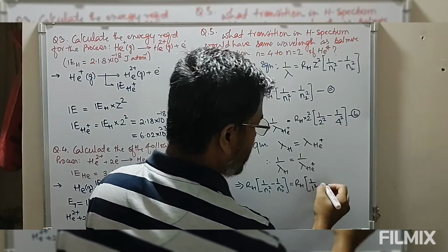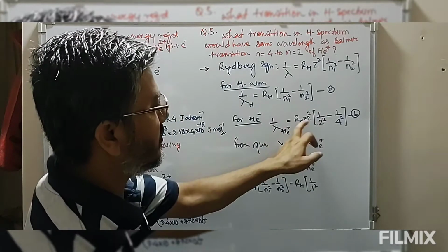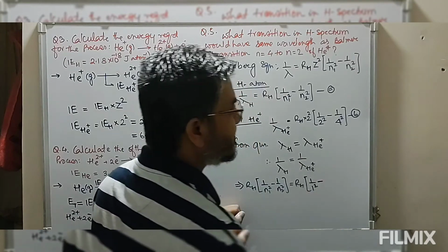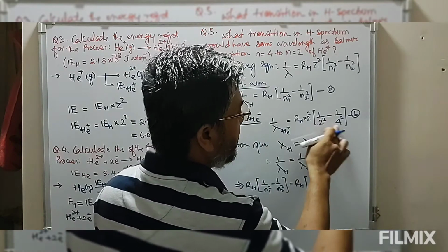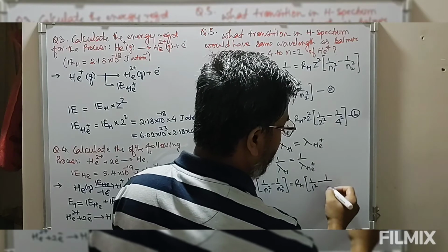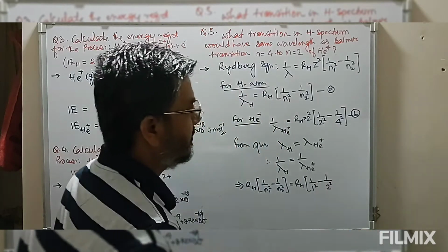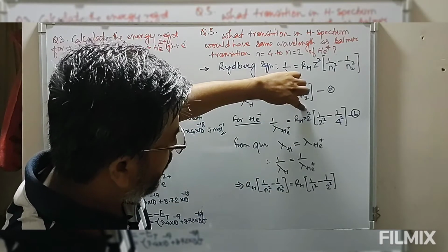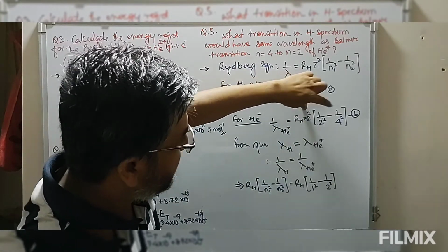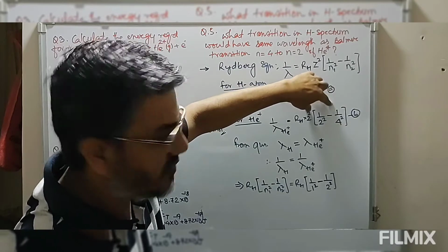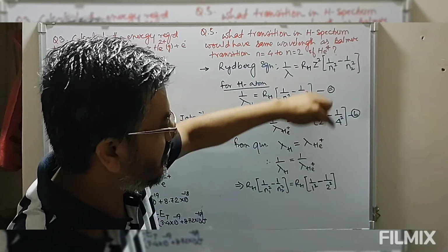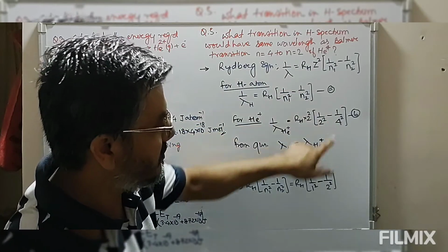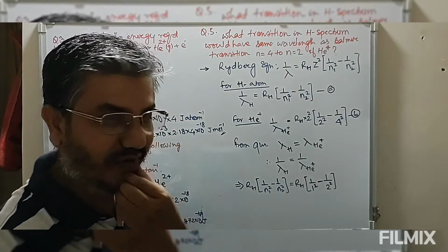So we have 1 by 4 into 4, that is 1. So this can be written as 1 by 1 square minus, this is 4 square, so what is left is 4. 4 can be written as 2 square. We are multiplying this by 4, so 1 by 4 into 4 is 1. So we have 1 by 1 square. Then 4 times 1 by 4 square is 1 by 4, and 1 by 4 can be written as 1 by 2 square.